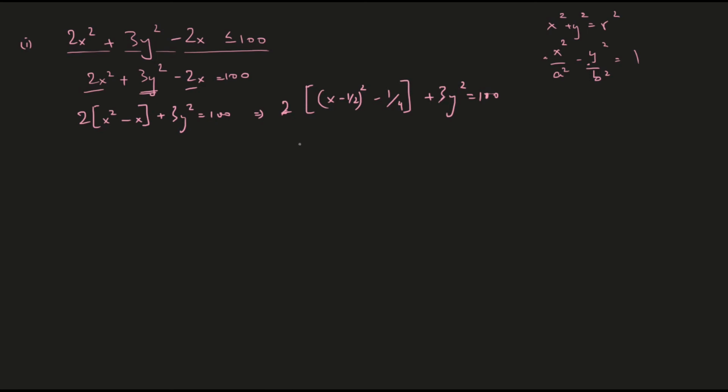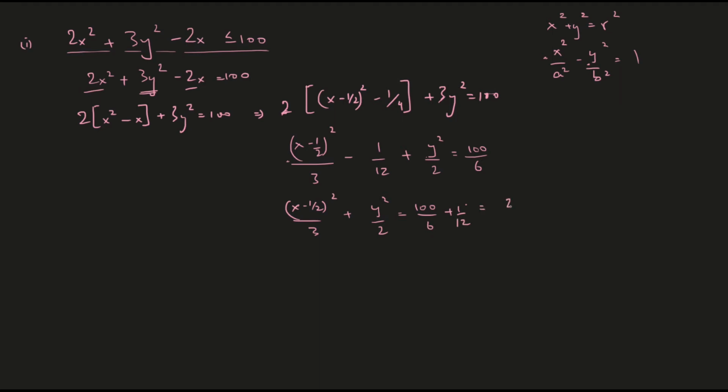Simplifying this, I would get (x minus half) whole squared divided by 3, minus 1 over 12, plus y squared over 2 equal to 100 by 6. I've just divided this equation by 6, and I've done that to reduce the coefficients of x and y to 1. Once we have this, let me simplify it a little bit more so that we only have the terms with x and y on the left hand side and all the constants are on the right hand side.